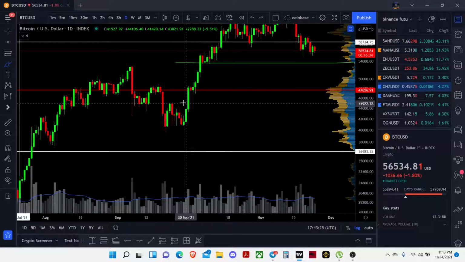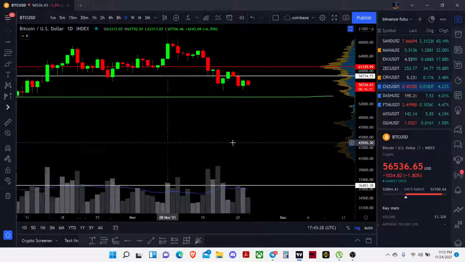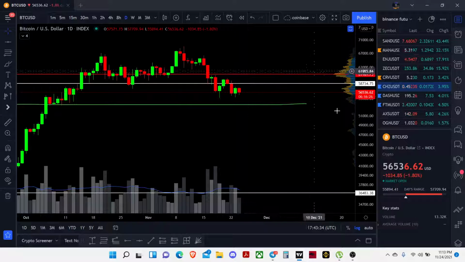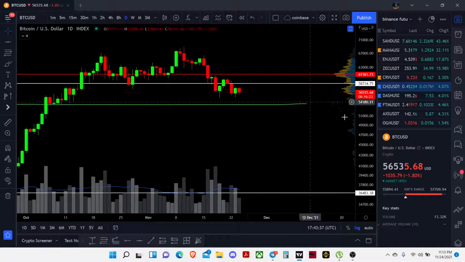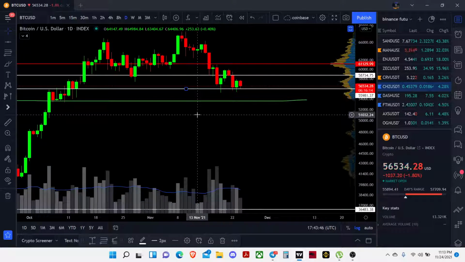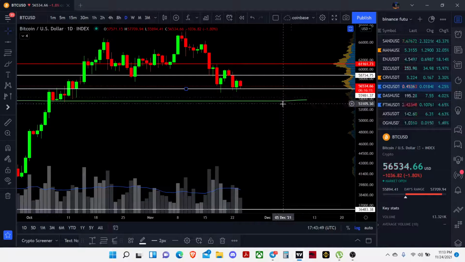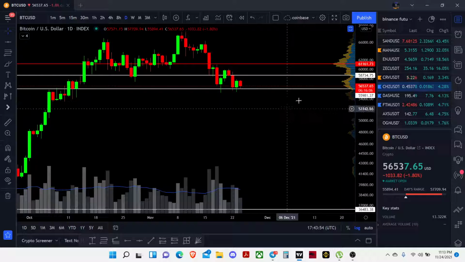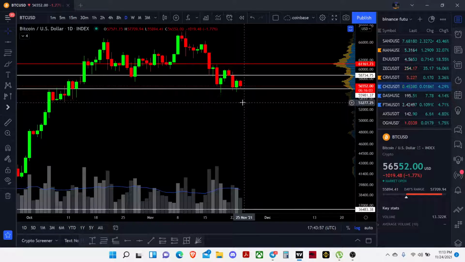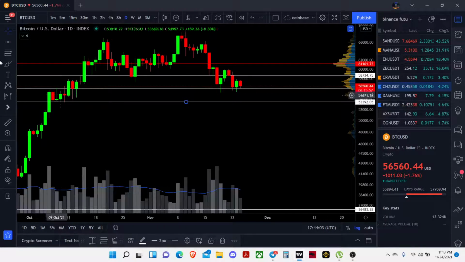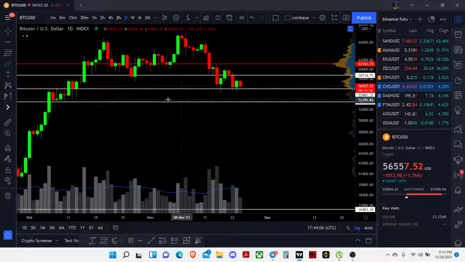If you take the price after the move from here to here, the POC of that bounce-back range, this is the volume profile that we have. We can literally see that we have the VAH and VAL over here. Right now we are testing the VAL, and if we break that, then we can definitely come down. Still, we have some volume until we reach this level over here, which is 53,000.